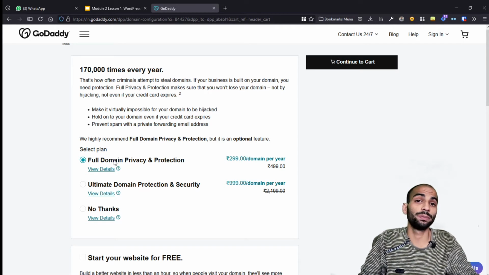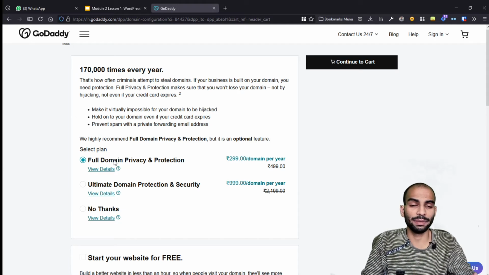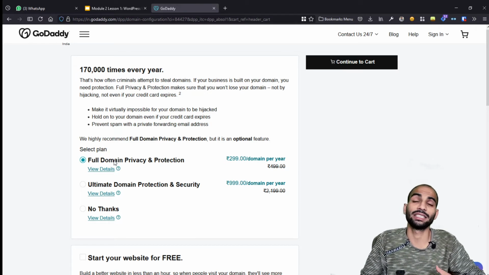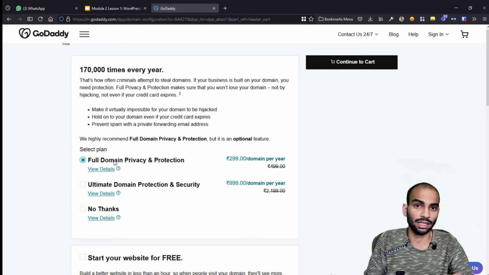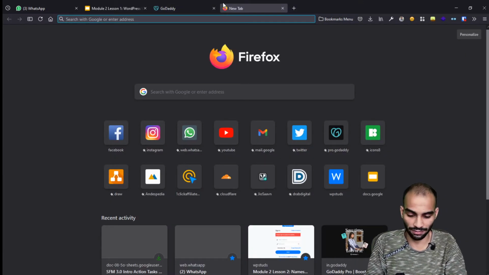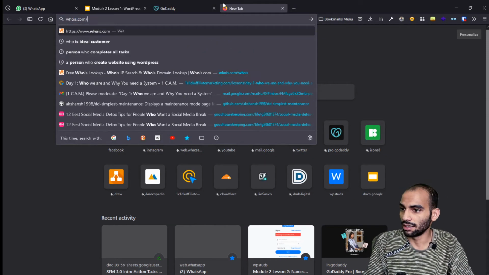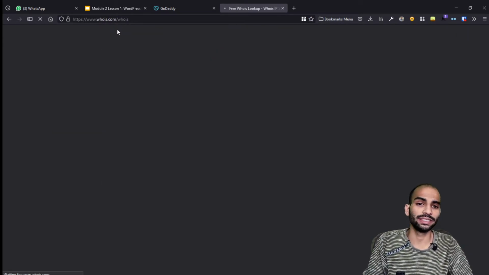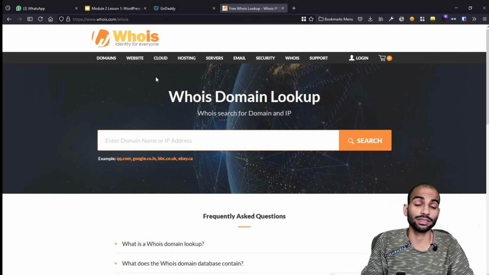and if someone wants to contact you, they still have access to an email. If someone wants to contact that domain owner, they can just send an email. I will just share a real world example, so that will be better. So this is a website, whois.com, where you can actually find owners of a domain name, you can find details of a domain name.